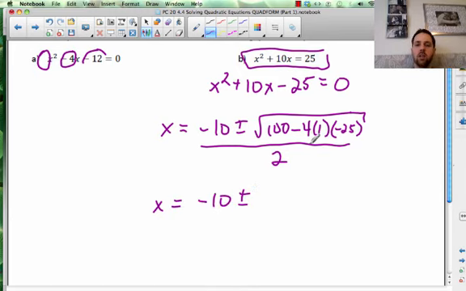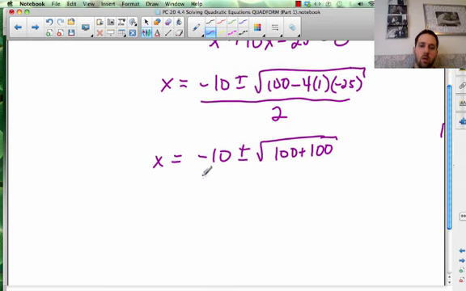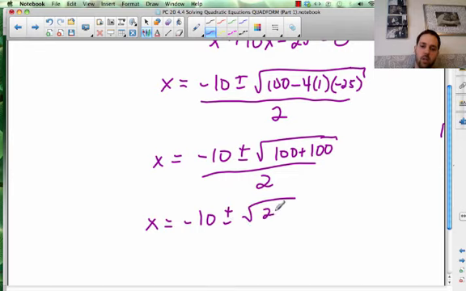Within the brackets, negative 4 times negative 25 is positive 100, so we have the root of 100 plus 100, all over 2. So x equals negative 10 plus or minus root 200, all divided by 2,